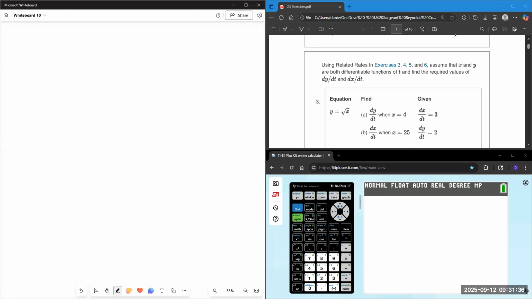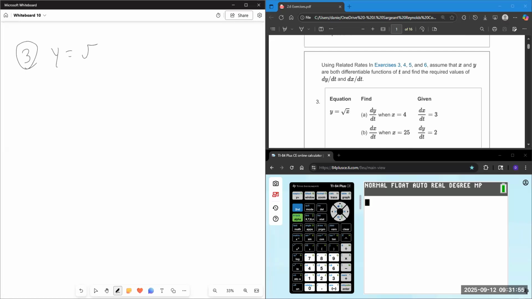So we'll get to some word problems later that will make more sense of what we're talking about, but we're usually talking about things that have some kind of growth rate or velocity or something like that that we are interested in. So let's look at